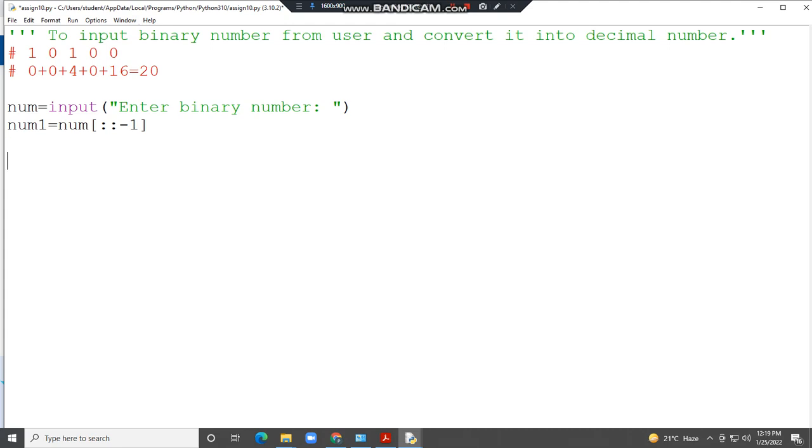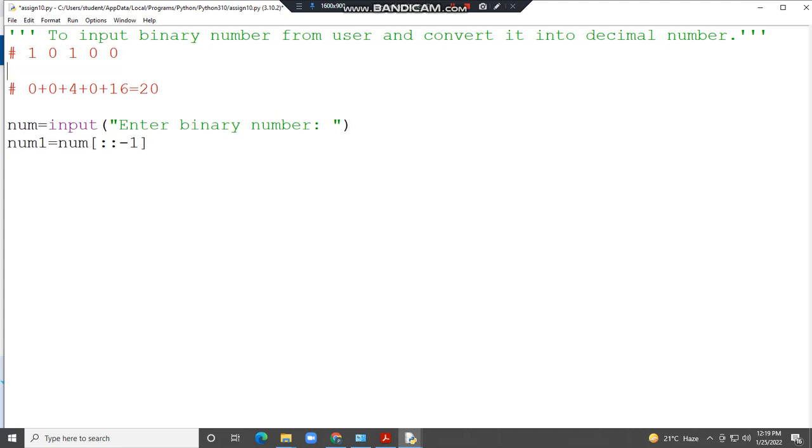Okay, now what we need to do here, we need to multiply this by 2 raised to a power with the reverse string. Here you will get the reverse string like this, 0 0 1 0 1. Now we can multiply it by 2 raised to 0, 2 raised to 1, 2 raised to 2, like this. Okay, so here you will require the for loop